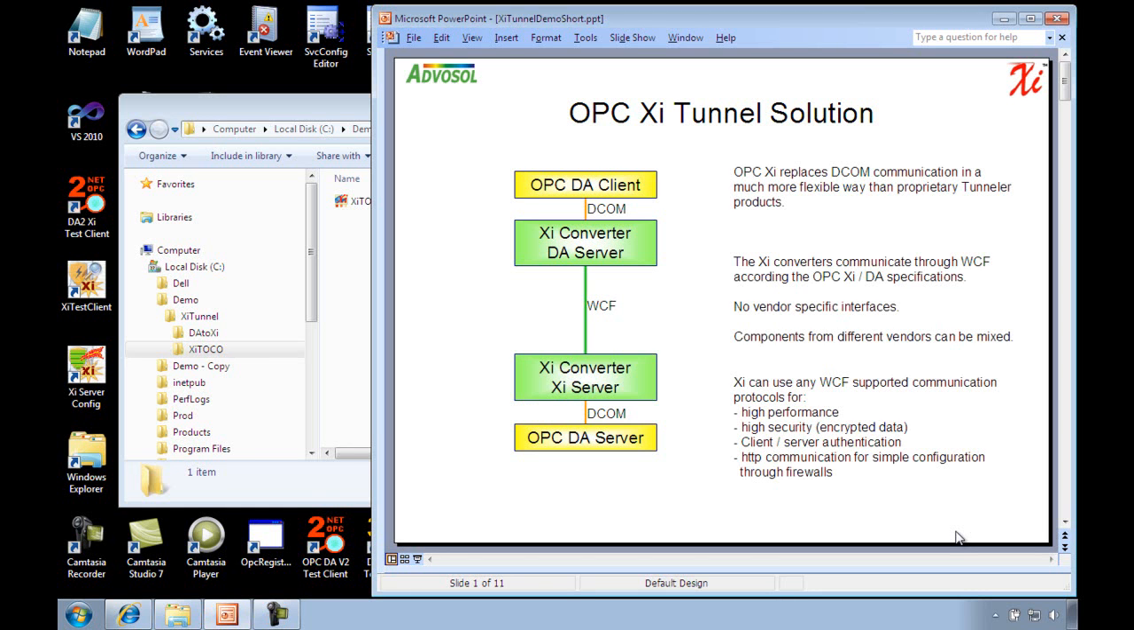Welcome to the presentation of OPC Xi as a tunneling solution. Xi tunneling solutions are implemented with a pair of Xi converters. The Xi converters communicate through WCF according to the OPC Xi specification. Xi can be configured to use any WCF supported communication protocols for either high performance or high security with data